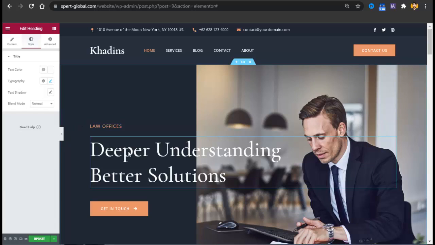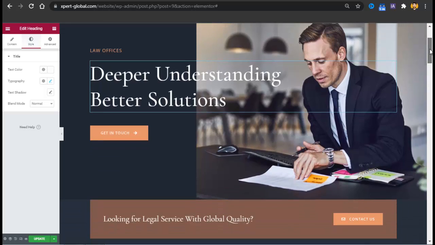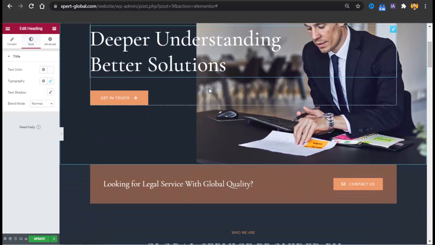And this is the best style, so I would not work on that. If you need any help regarding Elementor, like if you want to know the basics of Elementor, you can just go to YouTube and type in Elementor tutorial. You will find a 10 to 15 minute tutorial in which you will master the basics of Elementor. Now after that there is a button, and the same is the case.